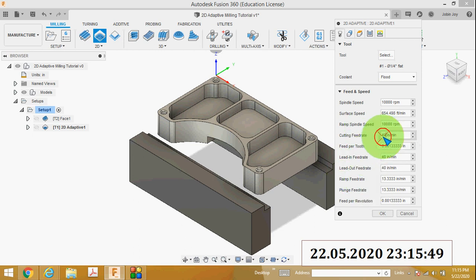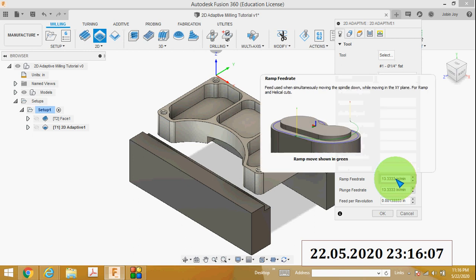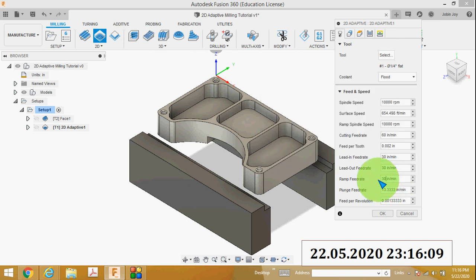I will change the cutting feed rate to 60 inches per minute, the lead in feed rate to 30 inches per minute, the lead out feed rate also 30 inches per minute, the ramp feed rate again 30 inches per minute, and the plunge feed rate 30 inches per minute. You can see the cutting feed per revolution is 0.003 inches.